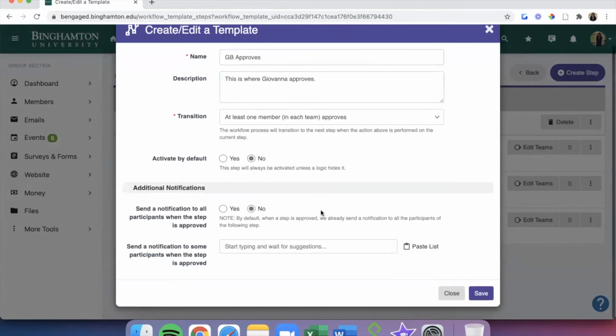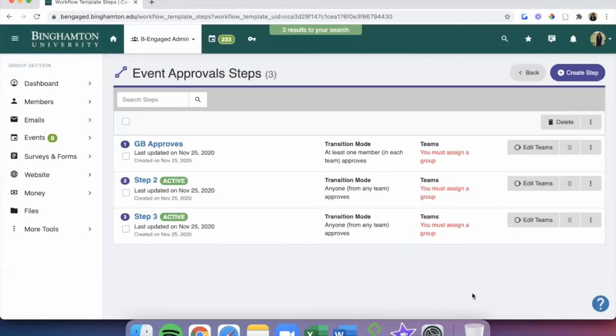Once you're done, click the purple Save button at the bottom right of the pop-up. We're going to create another step as well by following the same process we just did.